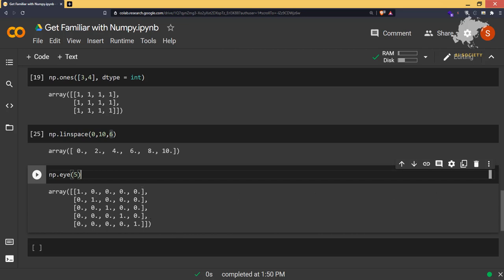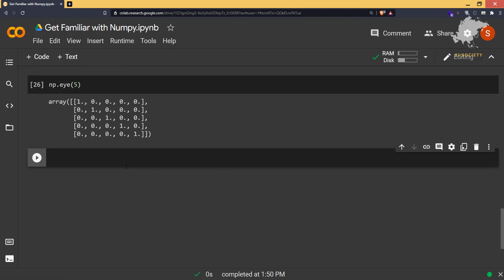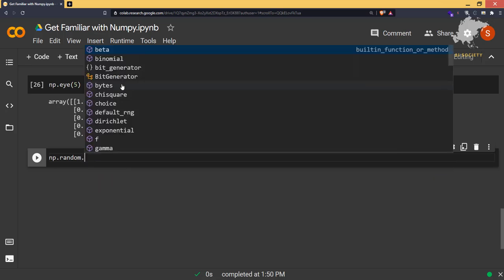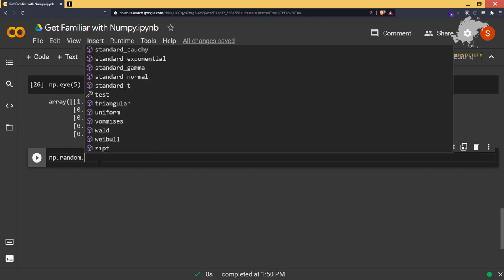Remember that. Now let's talk about the random methods, which are going to be used heavily in our projects. We have np.random, and it has many functionalities that you can implement here: rand, randn, randint, random integers, random sample. There are many.